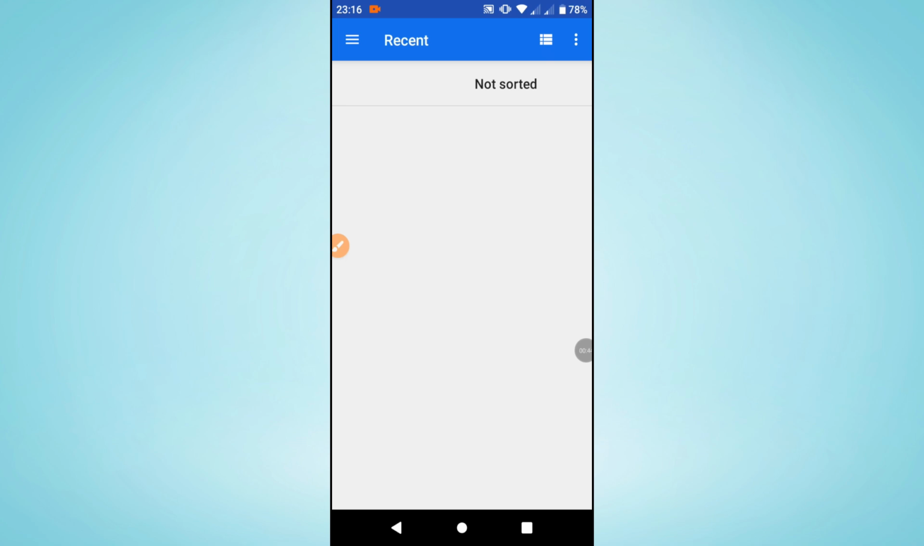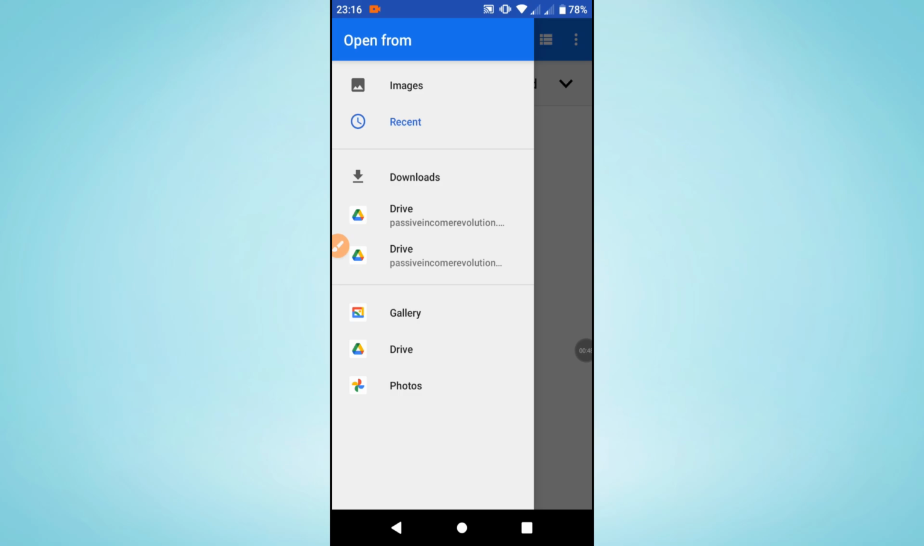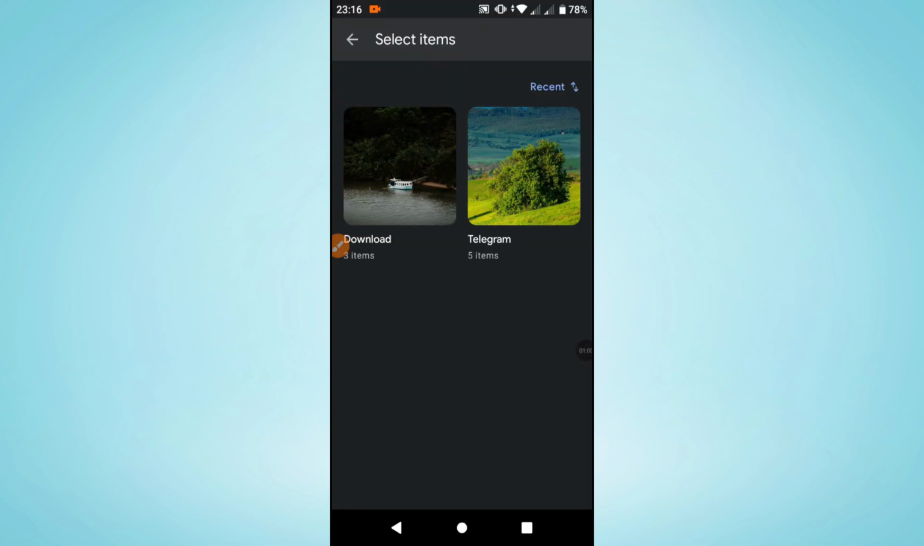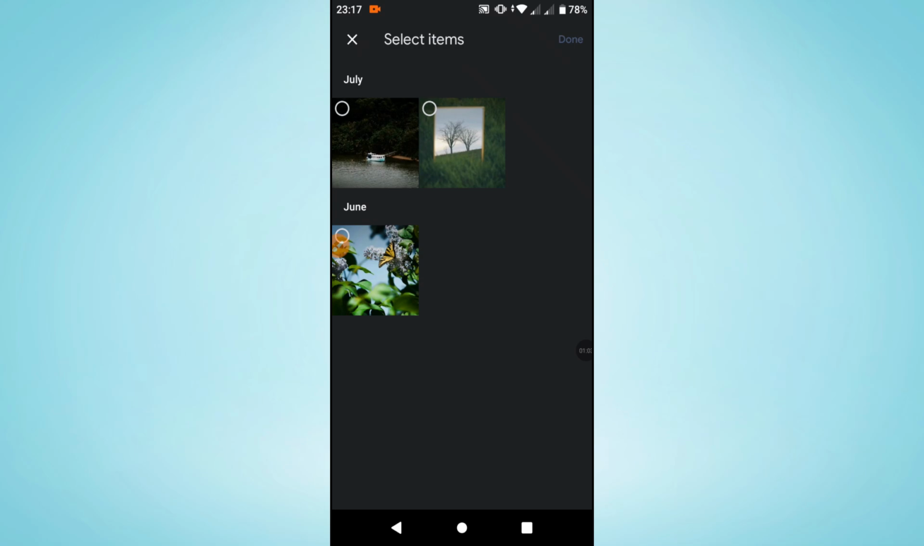Tap into photo, and after that navigate through your phone storage. For example, you may go to the recent files or to the download files or folder, or you may go to your phone storage by tapping into photos here. After that, select the given folder. Let me go with downloads, and from here tap into the given photo you would like to attach to your